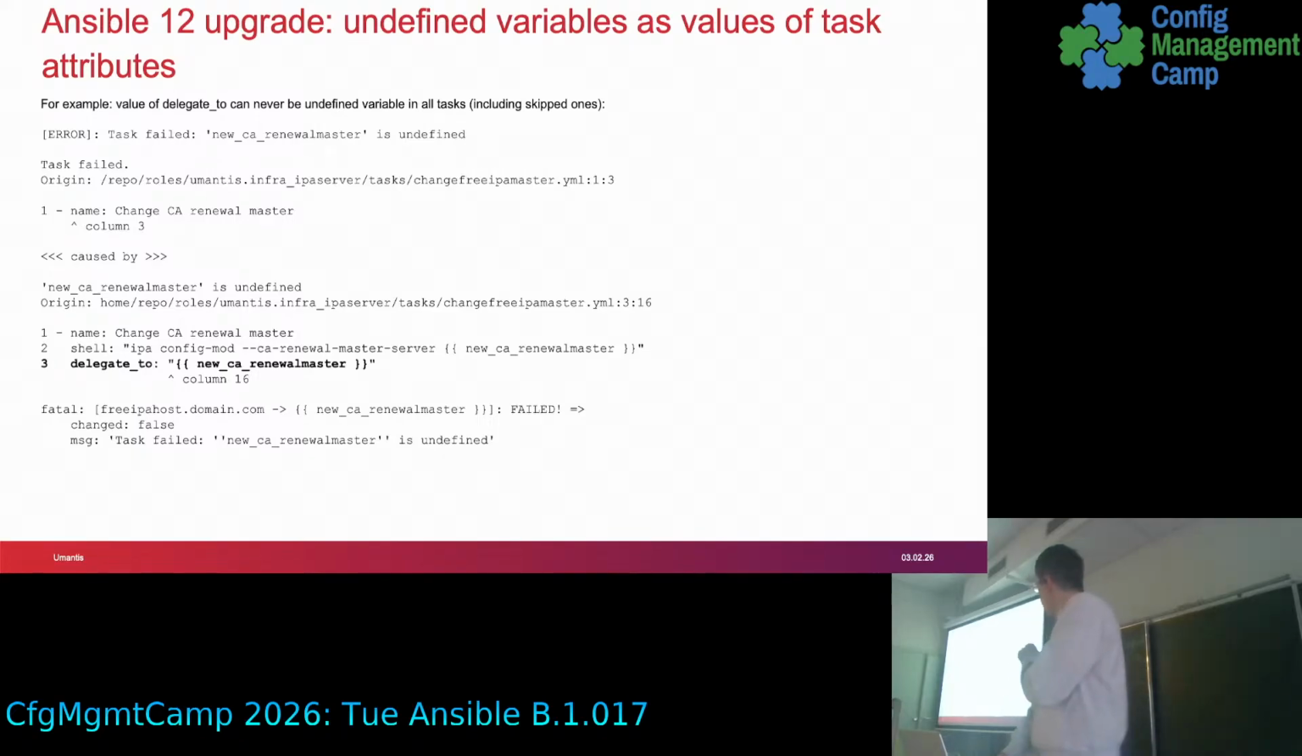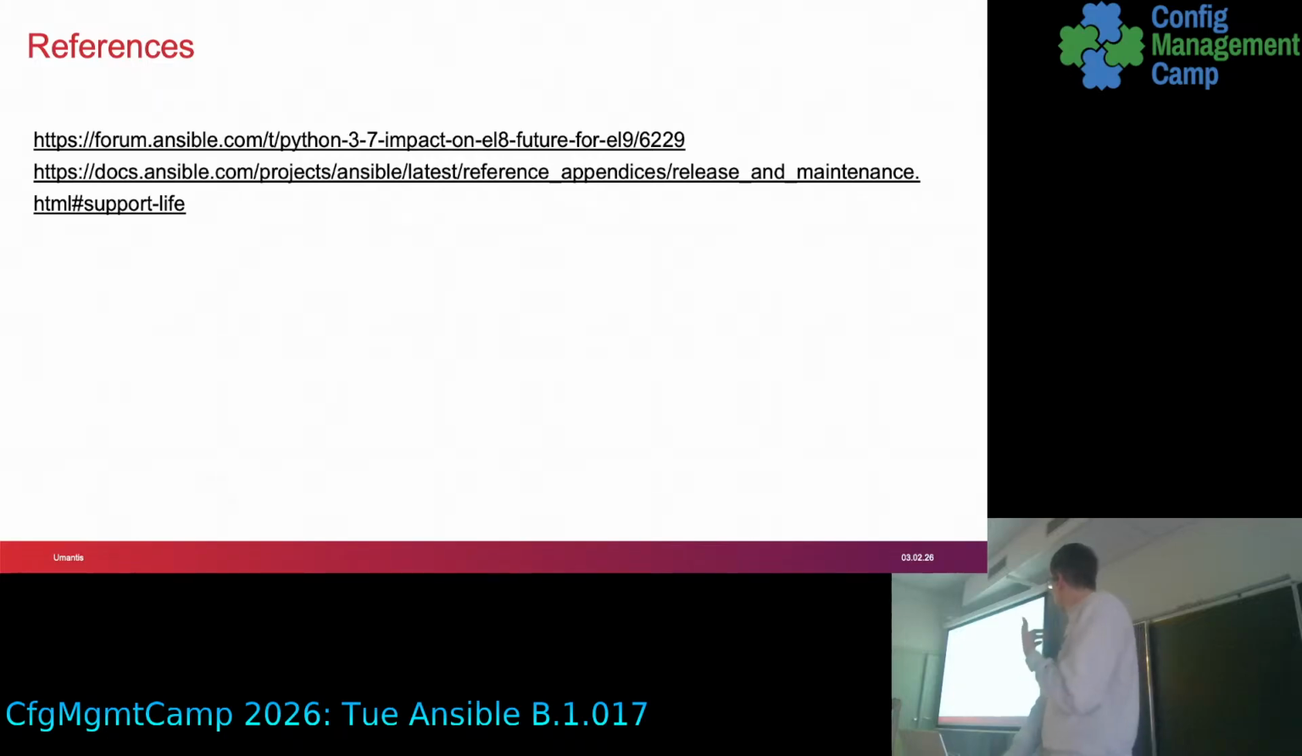So this new CA renewal master is a special host with a special host name. It was never supposed to be in inventory. And the entire tasks were not supposed to be invoked, but because of import tasks, they got invoked, and Ansible started to evaluate not so lazily. So that is non-lazy evaluation. So a few references,